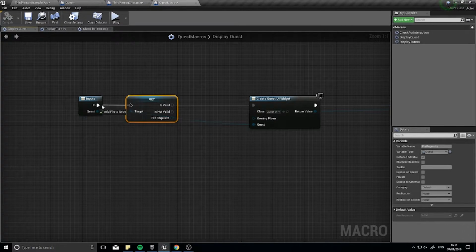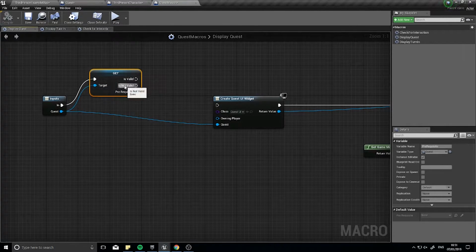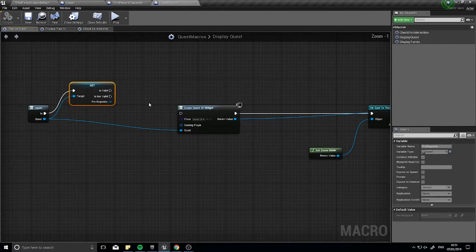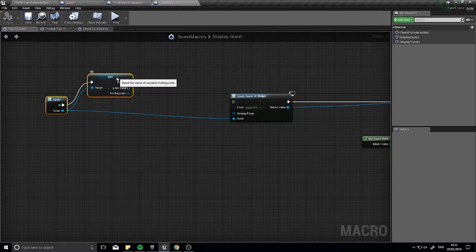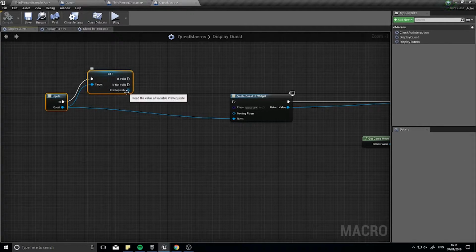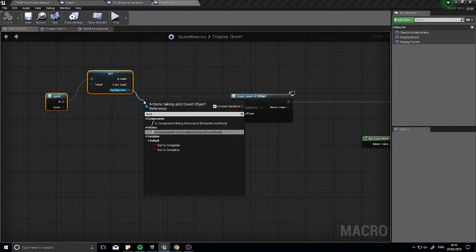So if nothing's been set as a prerequisite, it's totally fine, we'll carry on as is. So if it isn't valid, we go on. If it has got a prerequisite, we are going to check whether or not the prerequisite is completed. So check is complete,